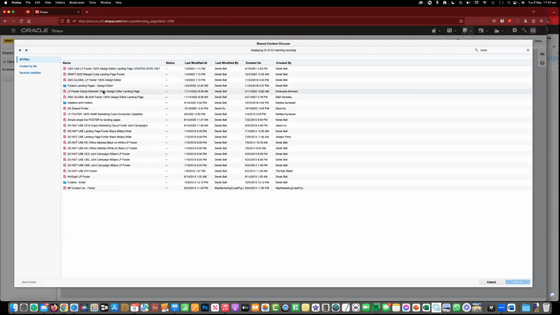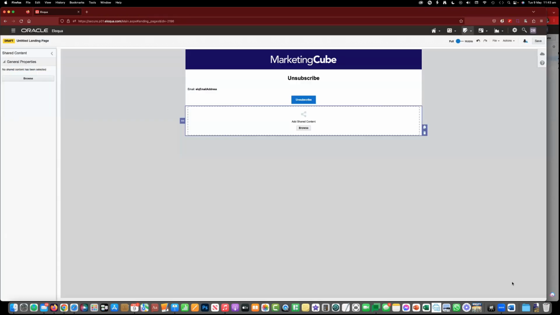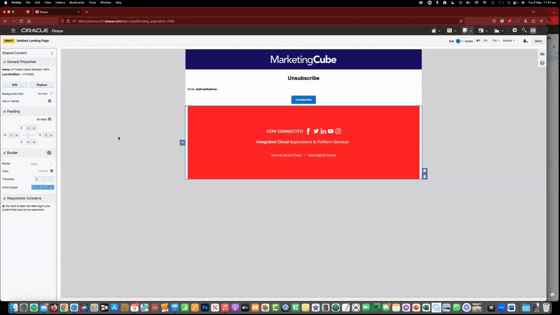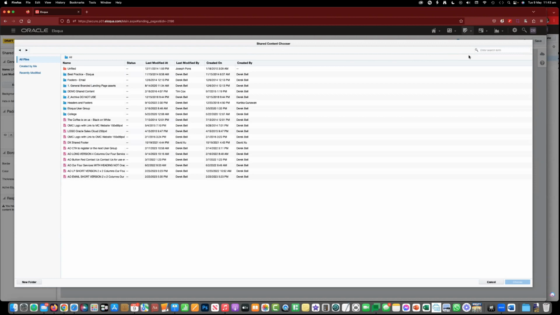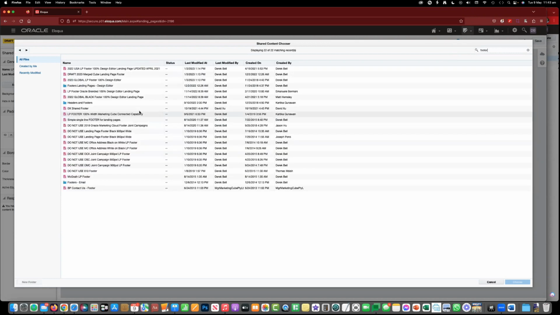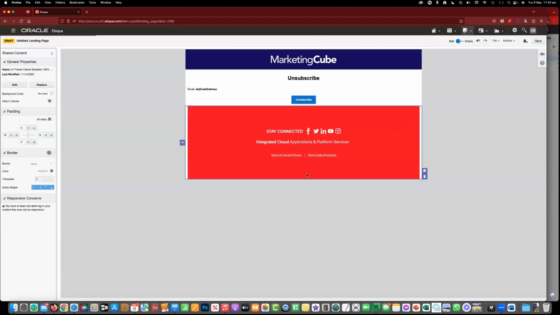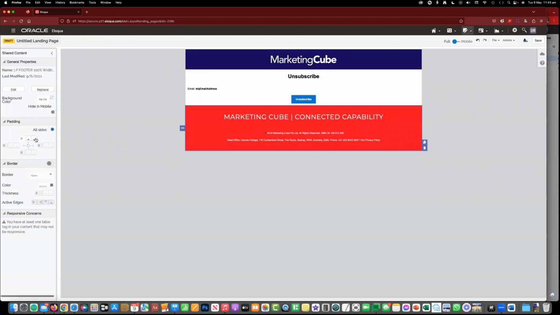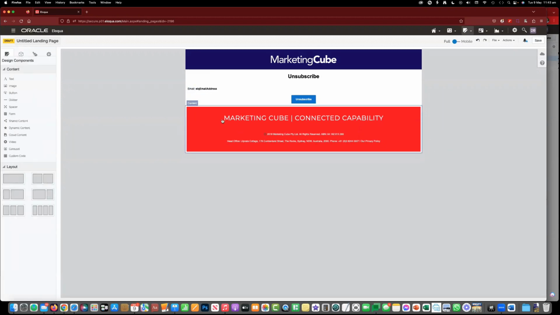So I can select this one. Well, actually, that's the wrong one, so I don't want that one. I want a different one. And what I want is this one. And so I drop that in. Again, just adjust my, actually, that's the wrong one. But anyway, so you can see you can do some styling and make some adjustments